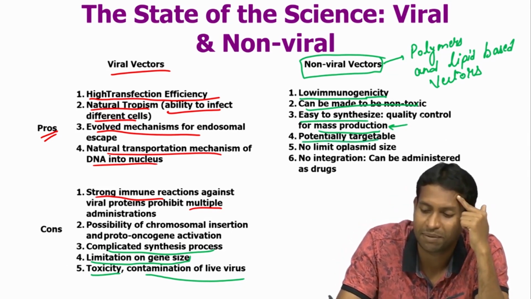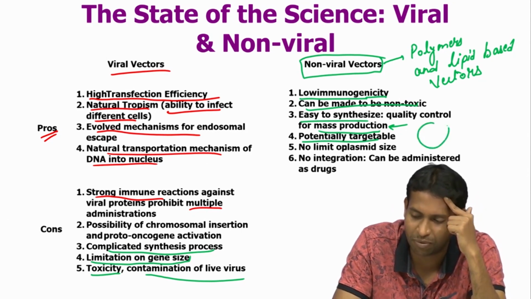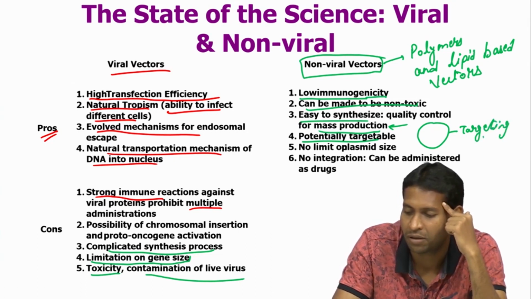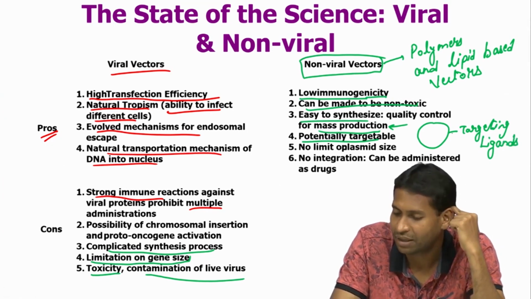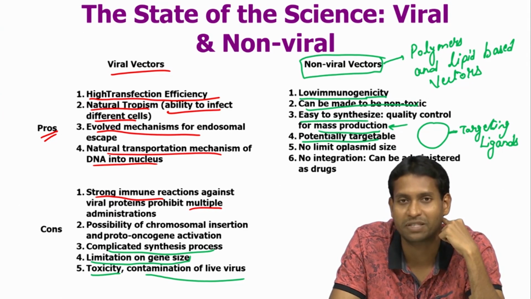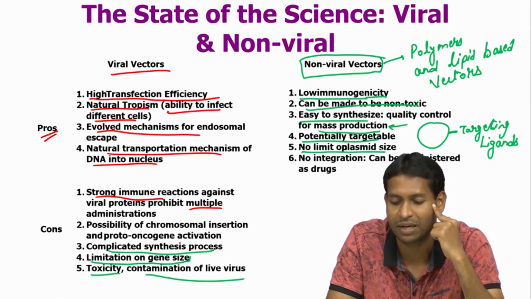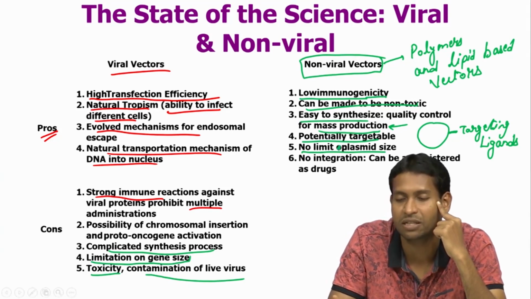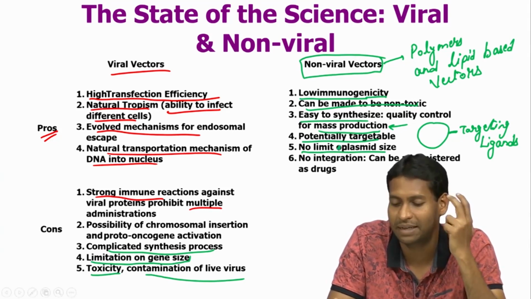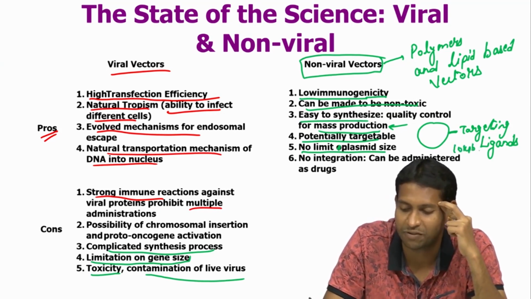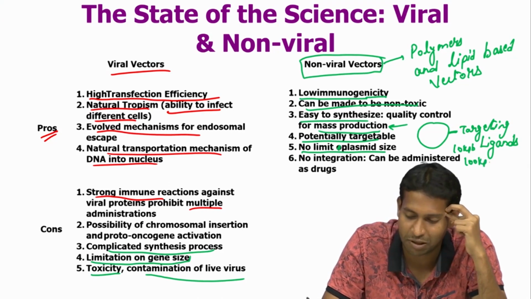You can potentially target them. So, once you form the particle, you can conjugate it with targeting ligands, and that would be enough to help with some targeting. There is no real limit to the plasmid size. You can get as much plasmid size as you want. So, if you want 10 kilo base pair, that is feasible. You want 100 kilo base pair, that is feasible. So, large genes